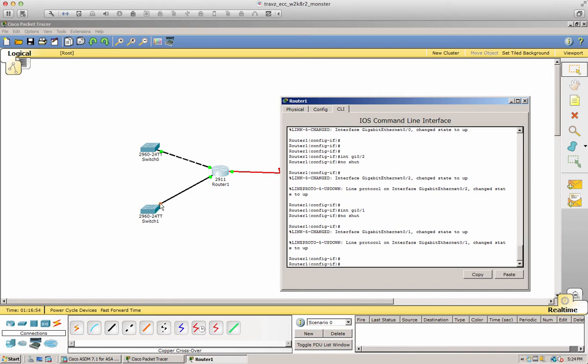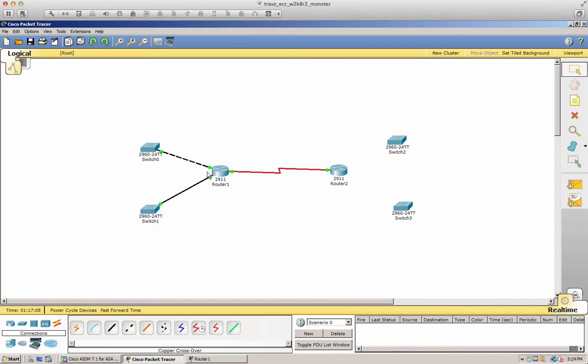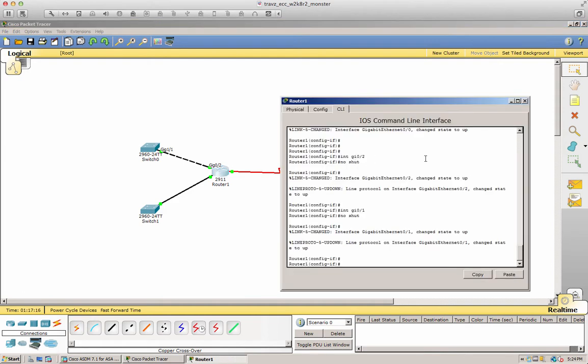And let's see, in about 5 or 10 more seconds, we should have connectivity here on that link. So we have some configuration work that we need to do on router 1. Looking at the book, you can see the gig 0/2 interface, and we actually chose 0/2. As you can see here on the router, the book shows 0/0, but we'll go ahead and use 0/2. So if I click there, I'm going to go into